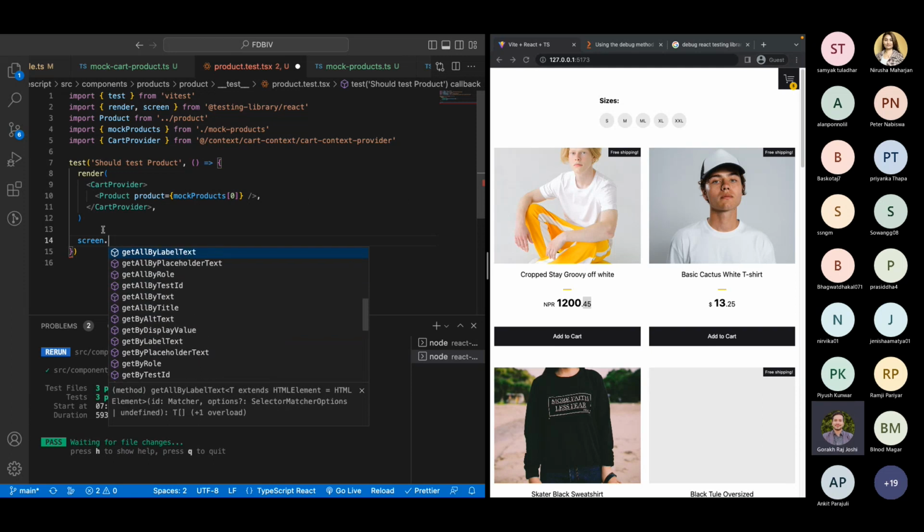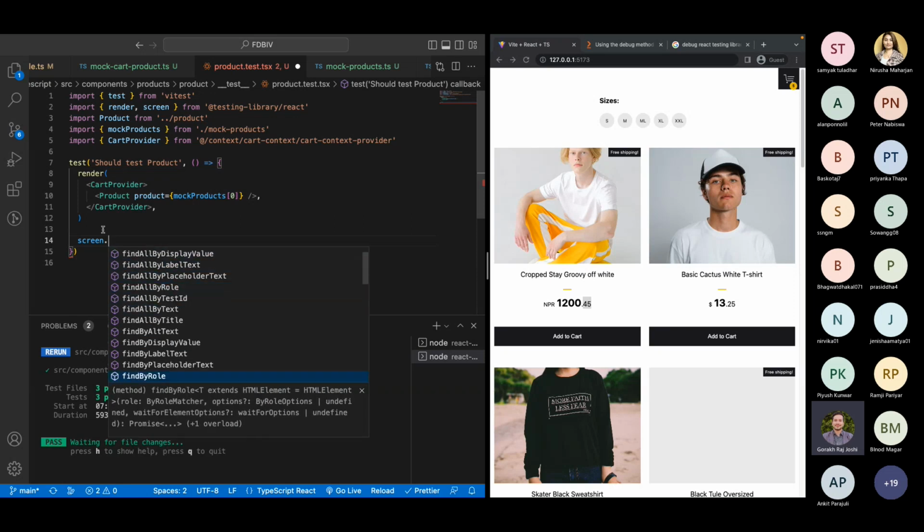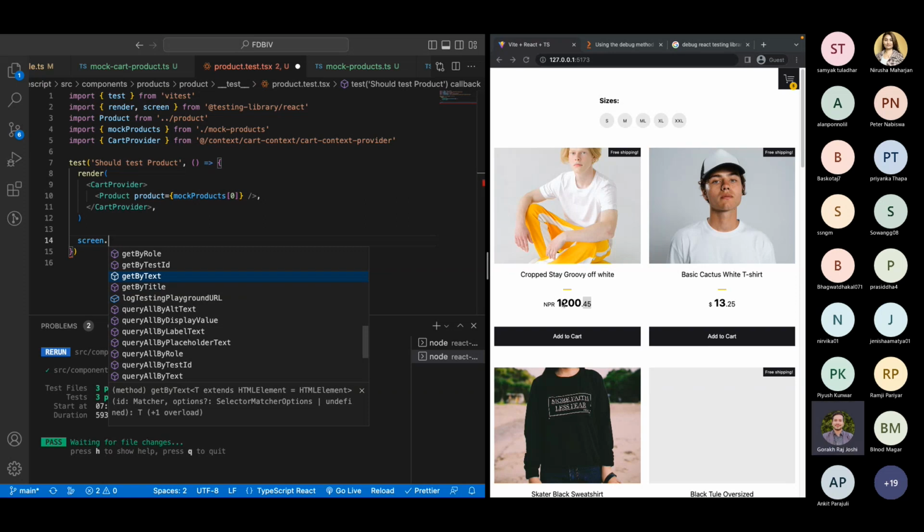So we can use any of the properties here. Like you can see, screen dot, go all the way down, screen dot, this is getByText query, and this is getAllByText. So maybe we can use this getByText, and maybe we can get some text from here, maybe this 1200, maybe this title, right? So screen dot getByText,